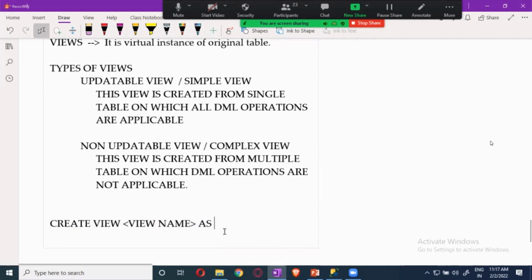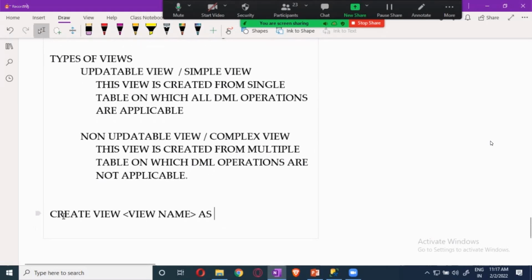Okay, guys. Now you got an idea of what a view is. It is a virtual instance of the original table, but most of the time a view is used for this purpose: if you are using a join, you will be doing a lot of complicated stuff on the joins. For those join results, we give a name, and every time we use it, you will get the join results.